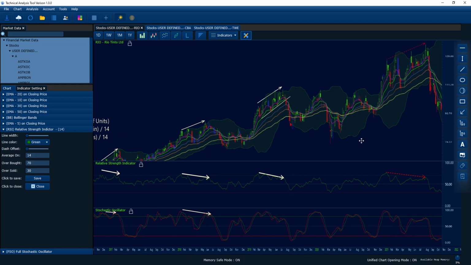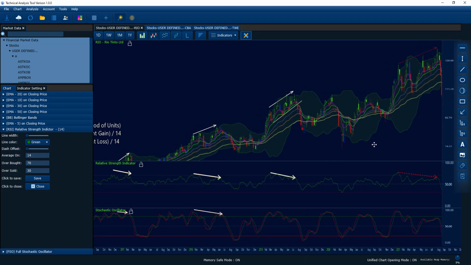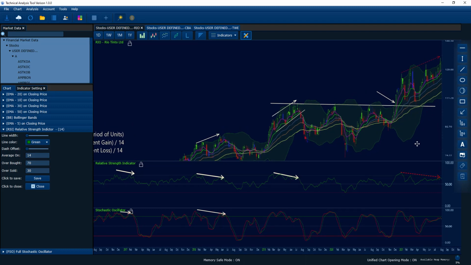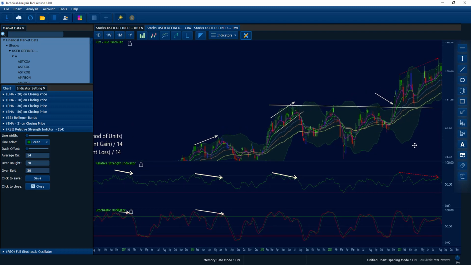Okay. Now, this one breaks out of this trading range. So that's very significant. Okay, so this pattern breaks out from here. As you can see, the price goes up and the volatility increased as well because the range widened. And as you can see, you